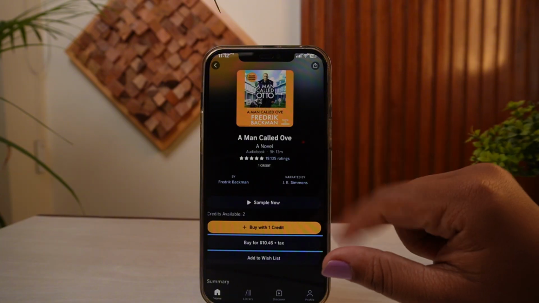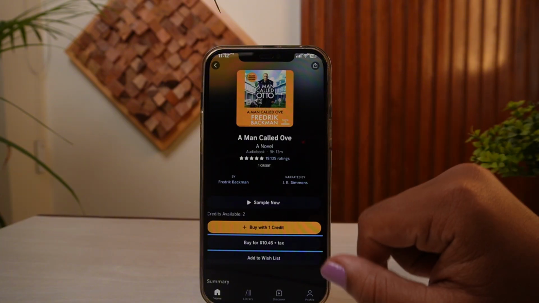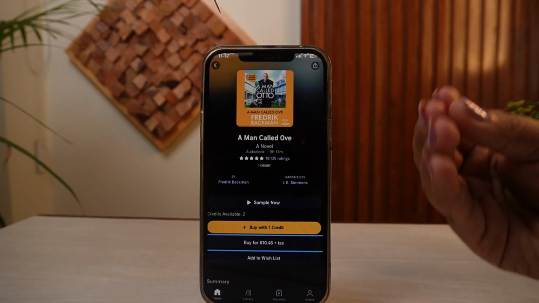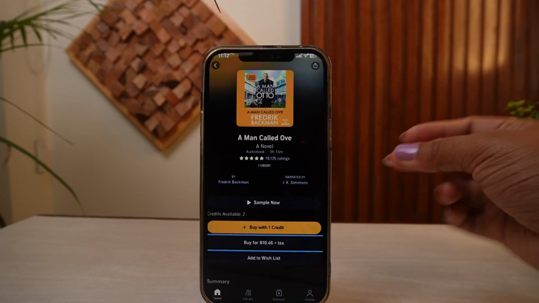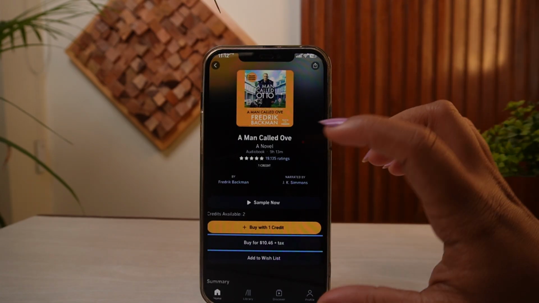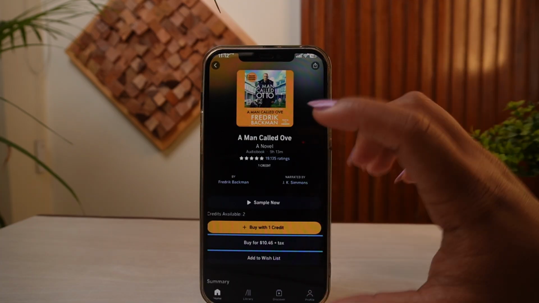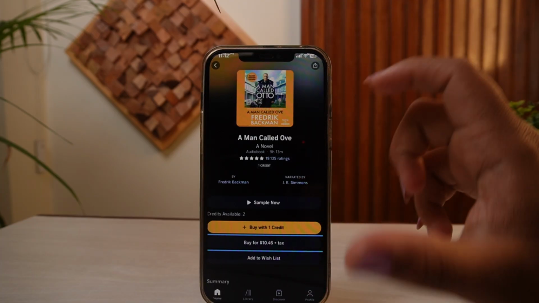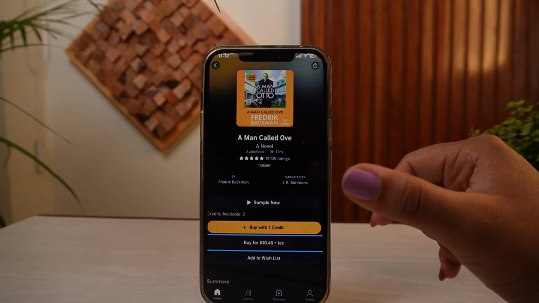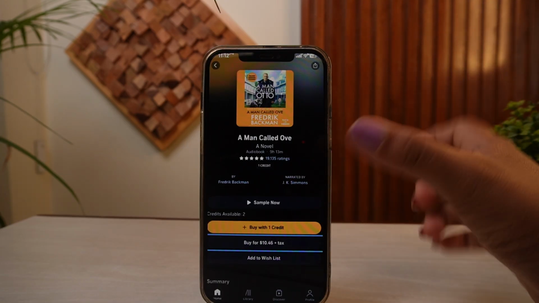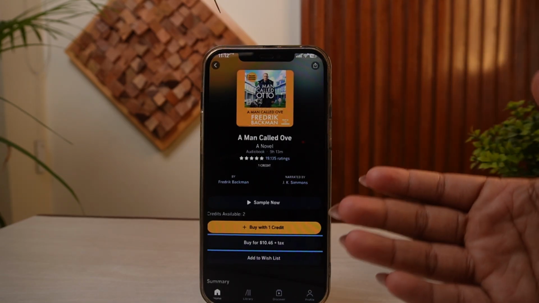again scroll all the way down. So simply tap on cancel membership, and then you can follow step-by-step screen until you receive the confirmation. So all you need to do is simply follow the on-screen prompt, and then you'll eventually get into the part where you'll need to confirm it. Simply confirm it, and just like that, you'll actually be able to cancel your